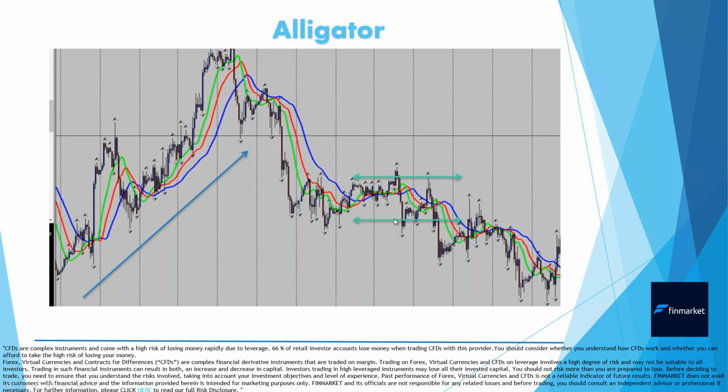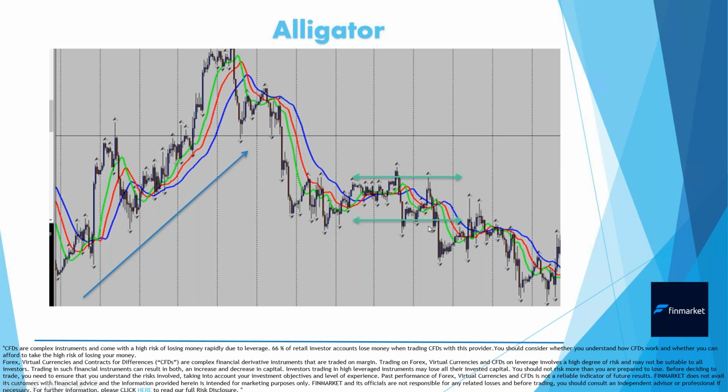Now, when we said that we're going to find out how to mainly avoid the sideways markets, it's when the indicator is intertwining together. So when the indicator is like a mess, like macaroni, you can see that the market is not going anywhere, according to Bill Williams again. You can see that it's basically forming some kind of support and resistance. And here is where the fractals are also